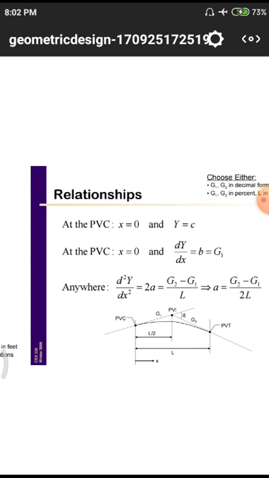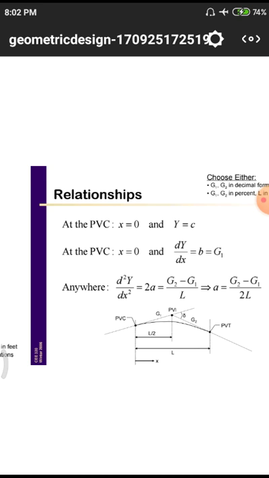In the first equation we will get only y equal to c. Why? Because here we have ax square plus bx. In both terms we have x, so x equal to 0, 0 into a equal to 0, 0 into b equal to 0, so simply we will get y equal to c. But in the case of the second PVC, x equal to 0 means we are getting dy by dx. Simply we are differentiating, so x square gives x, x gives 1 and c gives 0. That dy by dx we will call g1.